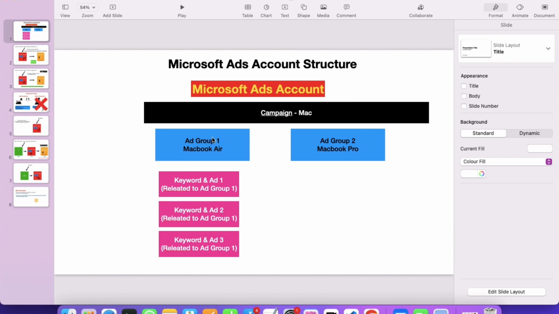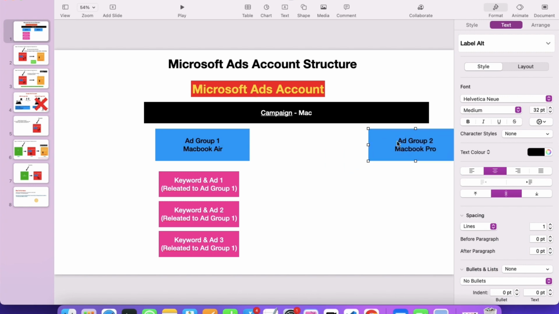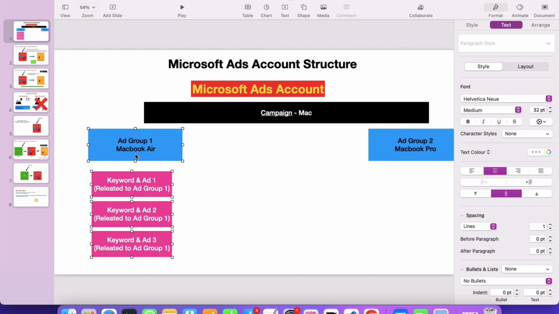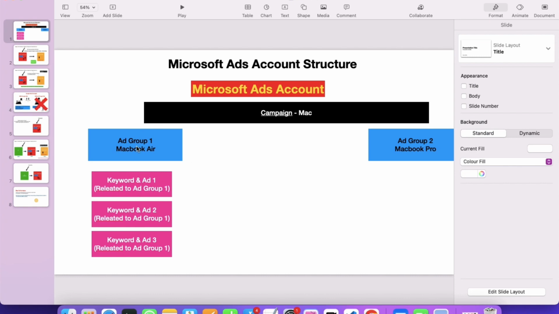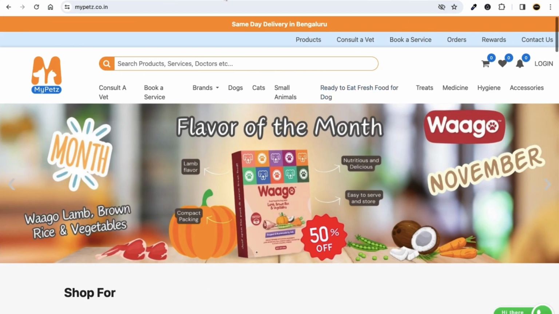Now in every ad group you guys can create keywords and ads for that. For example, let's take this ad group here. In this case we have ad group 1, and inside this ad group 1 we have put MacBook Air. Now inside this ad group you guys can create unlimited ad 1, ad 2, ad 3. So ads are basically the creatives, which people are going to see, the ad which people are going to see. For example, if you just search on